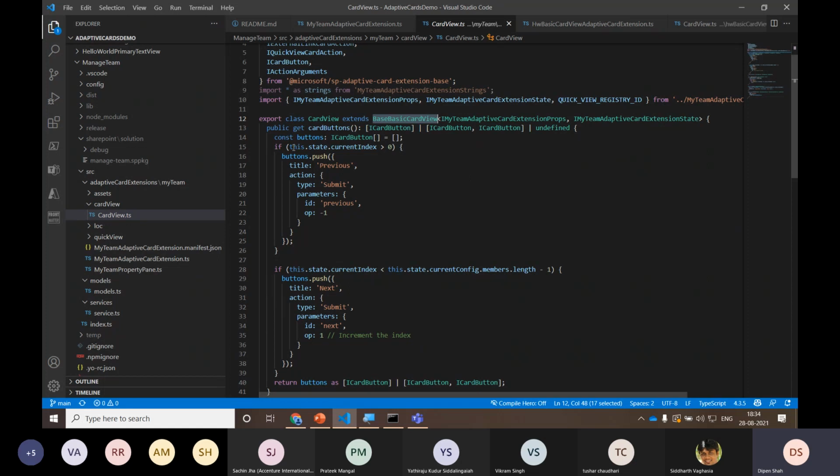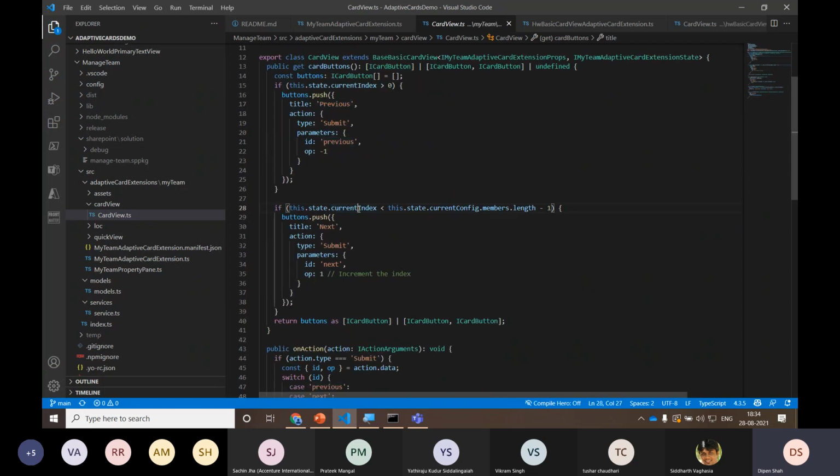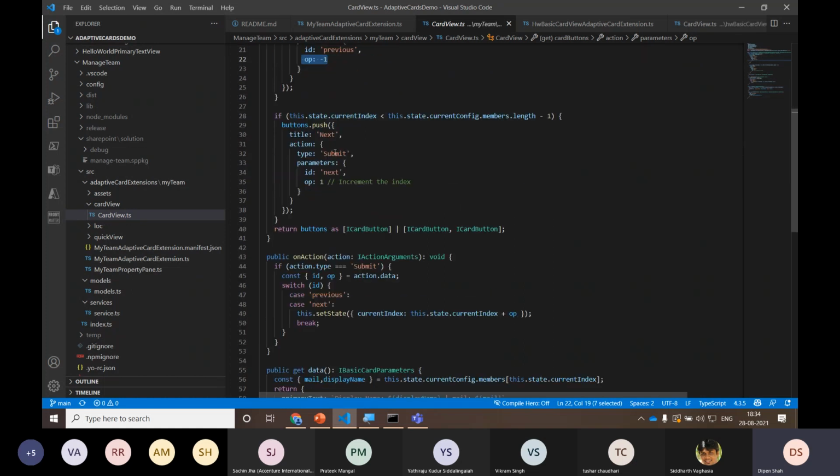So if the current index is greater than 0, that means certain values are there and I want to put it into the previous button. But if the current index is less than the number of members, then it's the first record, and there are certain records later on. So I need to put it into the next button over here, and I increment and decrement based on the particular action.